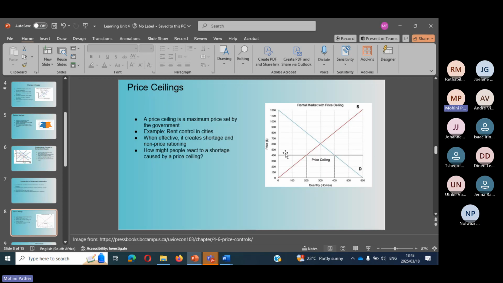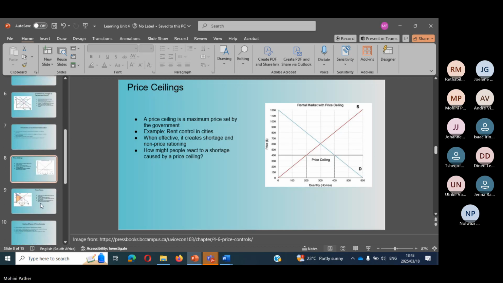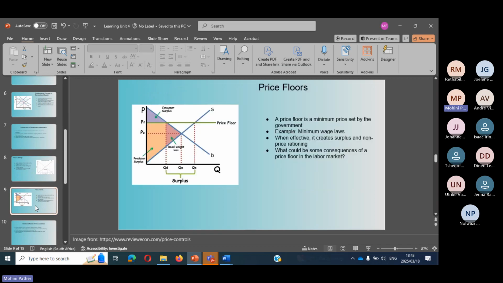Obviously it works in the opposite direction. If you've got price floors, if people are competing for houses, then you end up paying far more than you expected, which is also a dangerous part of